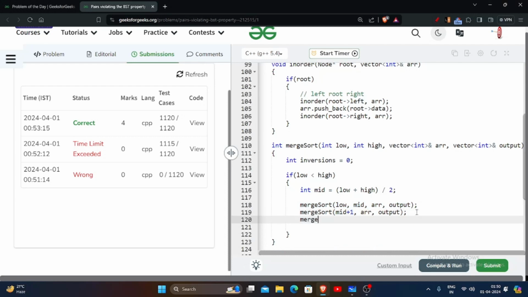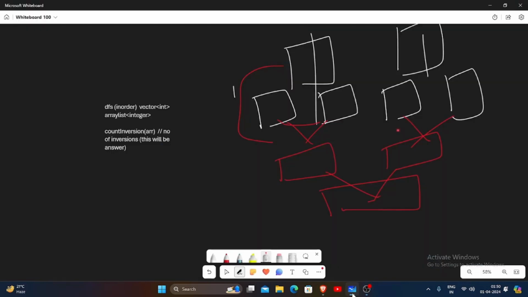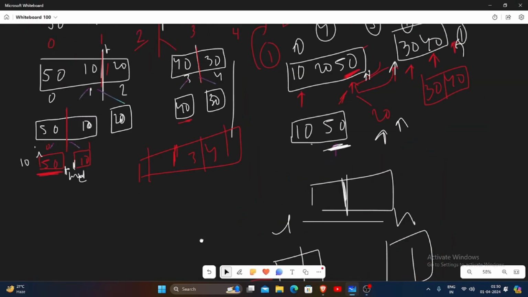तो अब हम बोलते हैं मर्ज करो। किसको? तो यहाँ हम भेजते हैं लो, क्योंकि लो से मिड की एक मर्ज करनी है ना, और मिड से हाई की एक मर्ज करनी होगी, क्योंकि दो हाफ हैं। तो यहाँ हम भेजेंगे मिड से हाई और AR और आउटपुट। और इनसे मैंने कहा था यहाँ पे कि इनसे कुछ जब आएंगे ना इन्वर्जन, तो वो ऐसे रिटर्न हो